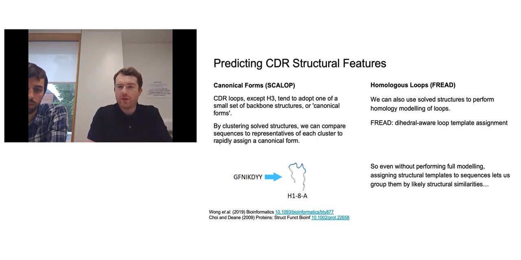There are no real well-defined canonical forms for CDR-H3, and this simply arises due to the fact that, as has been alluded to previously, the H3 loop is longer and much more variable in length than the canonical loops, and as a consequence of this, it's incredibly diverse. Incredibly diverse in sequence, and also if you look at structures, those structures of solved H3 loops tend not to cluster in the same way that the canonical loops do. So we can't just map H3 loops onto canonical forms, but we do still have all of this valuable